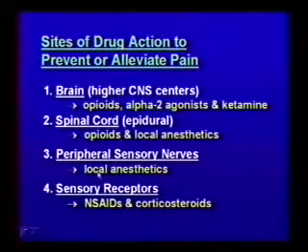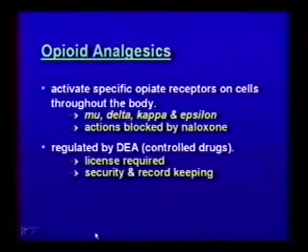Local anesthetics can be administered adjacent to peripheral sensory nerves to block pain, or they can be administered at locations such as intrathecally next to the spinal cord, where they can also effectively block pain transmission. And finally, the non-steroidal anti-inflammatories, and in a similar manner, the corticosteroid drugs. These are also agents which can interfere with pain perception at sensory receptors in the periphery. So all of these different sites and mechanisms of action can all be involved in alleviating or preventing the sensation